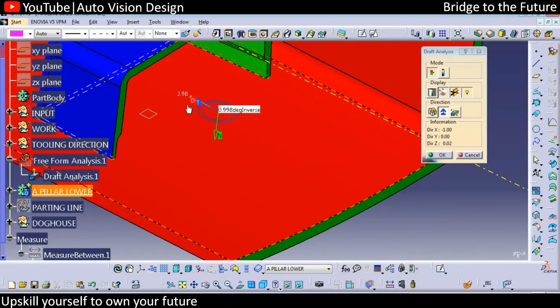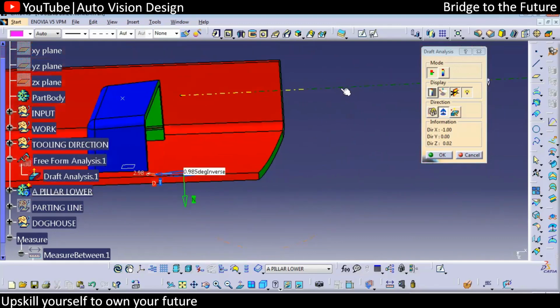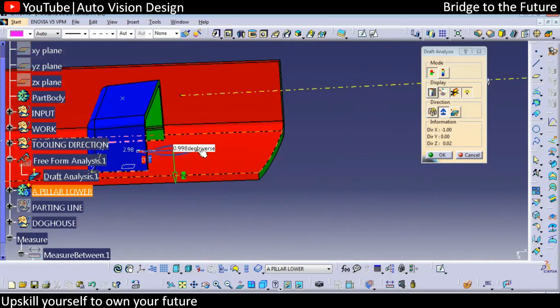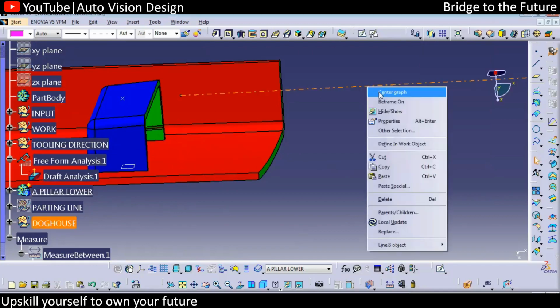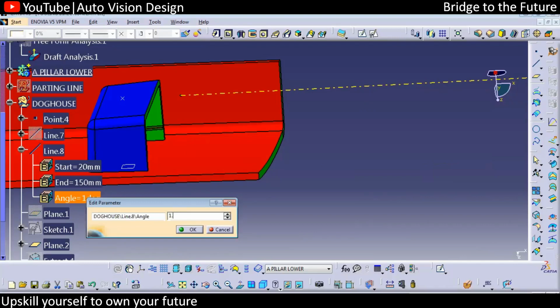So this also we need to have minimum 0.5. Right now we have 0.9, it's close to 1. So we need to rotate this line. We need to rotate this line by 1.5, and at that time it will become somewhere around 0.5. So 0.5 degree we need to rotate the line. In that case that value will happen and it will run properly. So we need to go for 1.5.